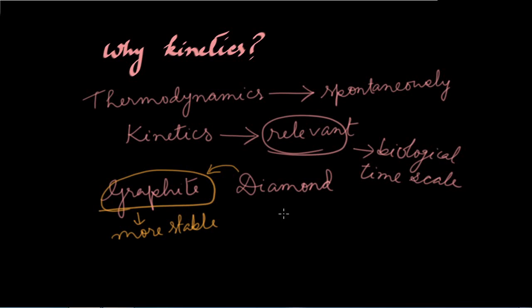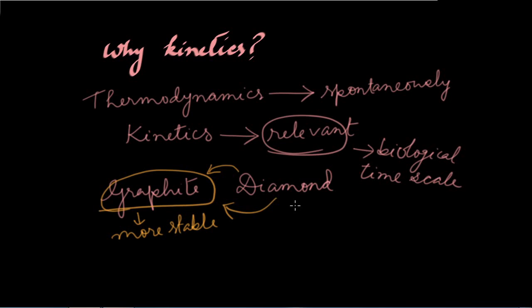However, we have seen that none of our diamond jewelry ever gets converted to graphite in our lifetime. So this is very, very important. In how much time we are going to see a spontaneous process happening is not dealt with by thermodynamics. That has to be dealt with by kinetics. Why does diamond to graphite, although a spontaneous process, not happen in a very short period of time, or at least in a lifetime?